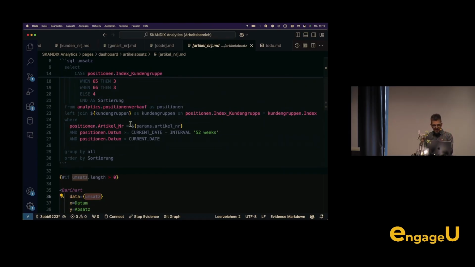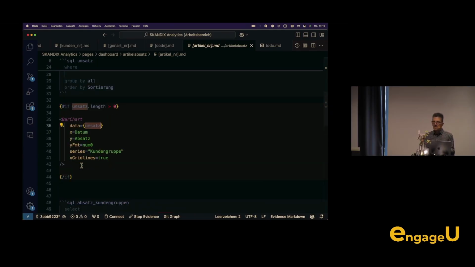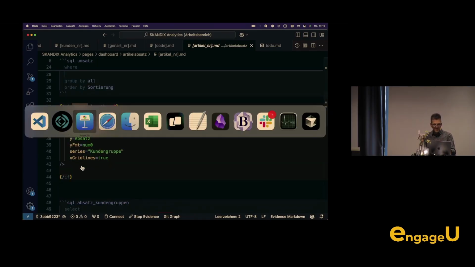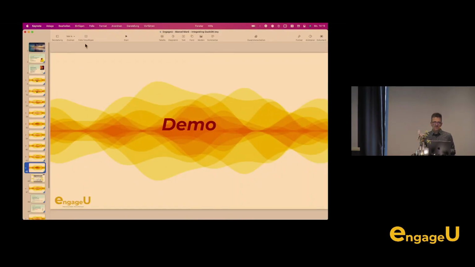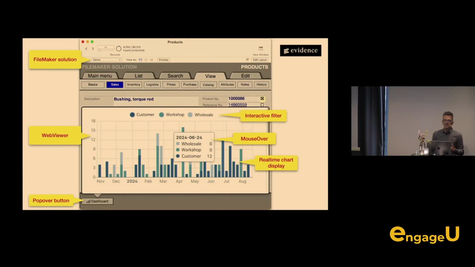You just put in some markdown, some SQL query, and some chart objects that are well defined. There are some GUI selectors as well, and you're up and running in minutes and have a very powerful tool to display dashboards. So it's really worth to have a look at it. And I just showed it here as a demo to provide you with some ideas how you can integrate such a pipeline from FileMaker over DuckDB to Evidence and back in the FileMaker web viewer to have a real nice